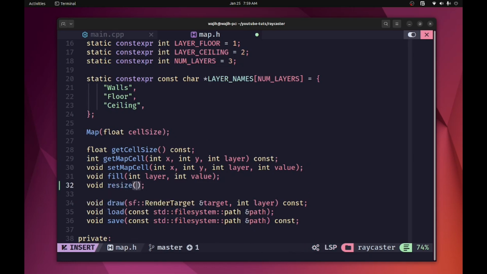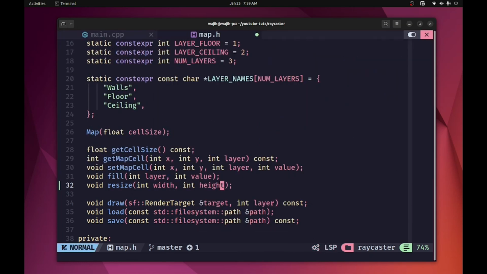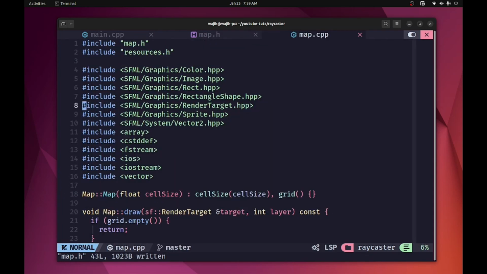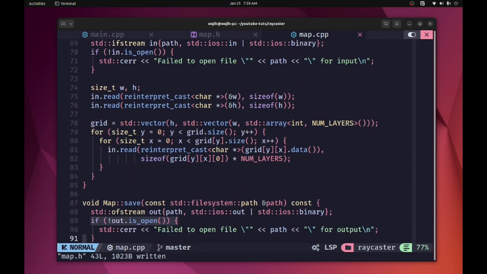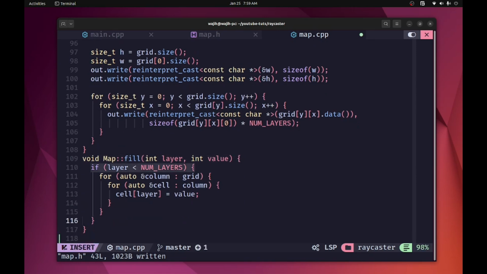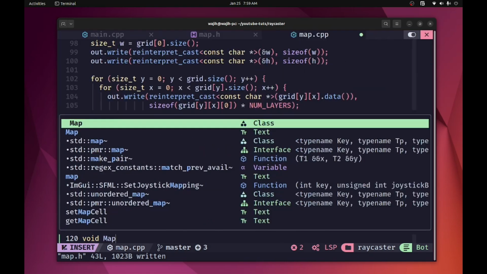Now this will take in an int width and an int height like that. So for this, we'll go ahead and implement it. It should not be too difficult to implement at all. So we are gonna go down here where we've got our other functions, and we are going to implement this void Map::